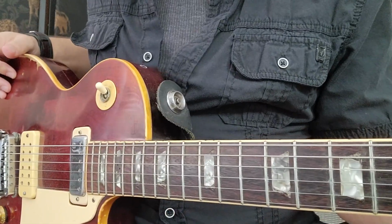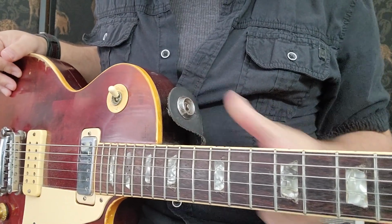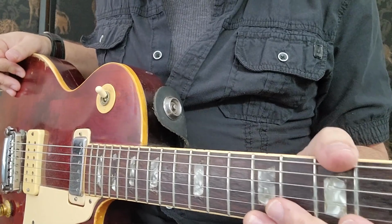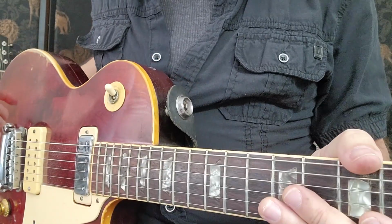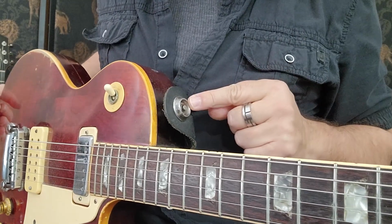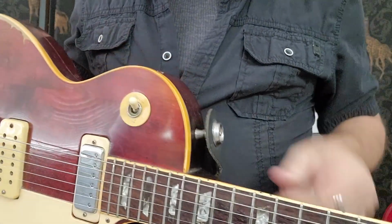All right, the first thing we're going to talk about is strap locks. A lot of people don't use these, and I've seen a lot of people drop their guitar on stage or in rehearsal. I use strap locks on my Les Paul, but not on my acoustic, and I'll show you why in a second. Now, this type of strap lock is the push button in the center,